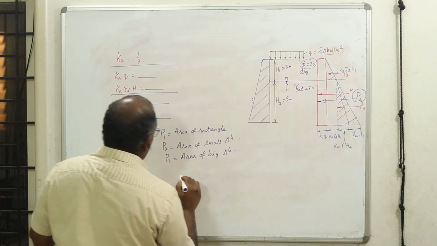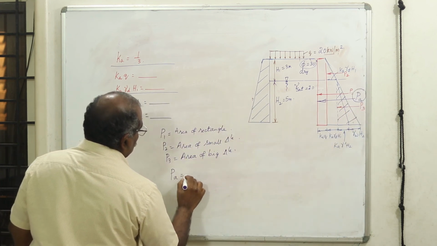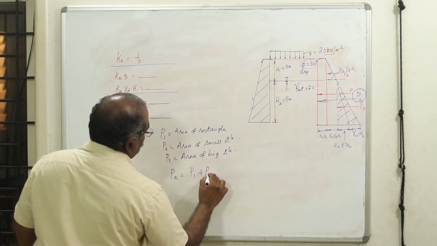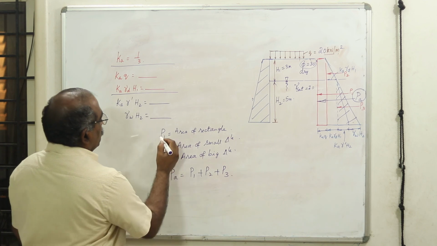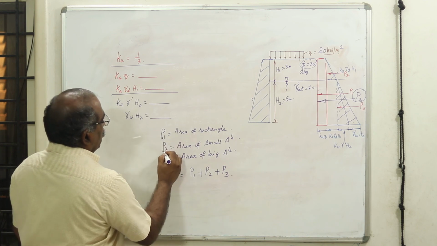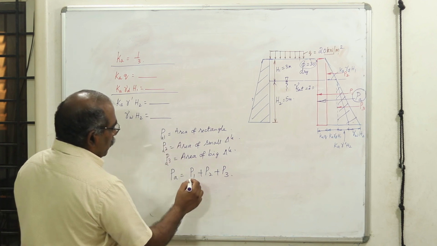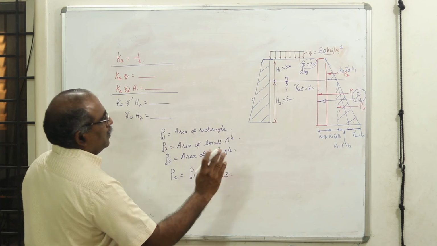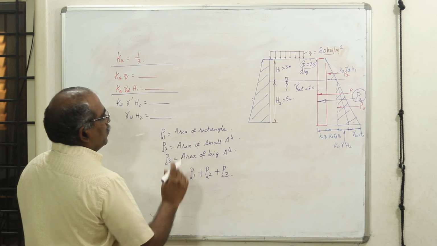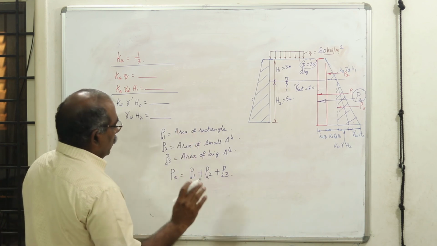Then finally your thrust, that PA. To get your PA, you add P1 plus P2 plus P3. Now if you want, because it's active case, you can also write PA1, PA2, PA3. So it's all your notation. There is nothing to worry about why I should follow this. Whatever you write, you need to define it properly and accordingly you have to use it.